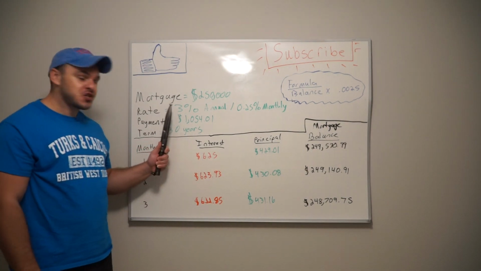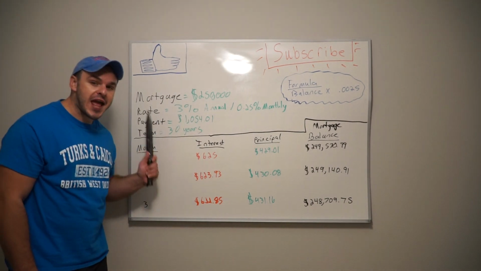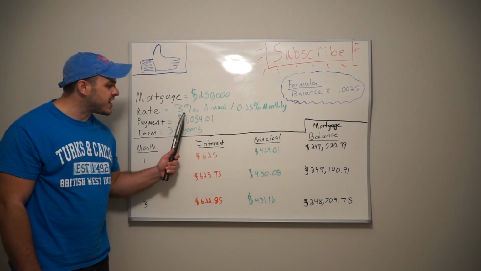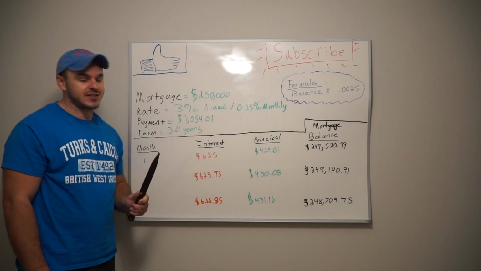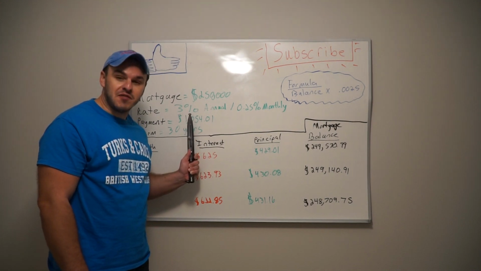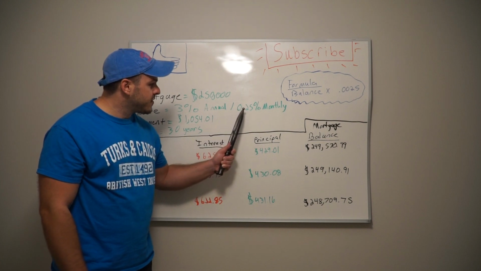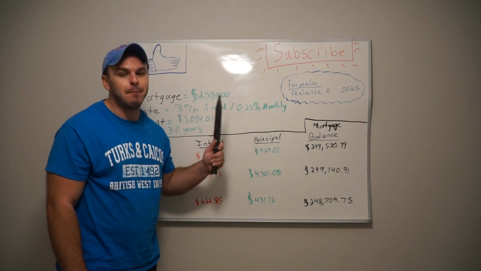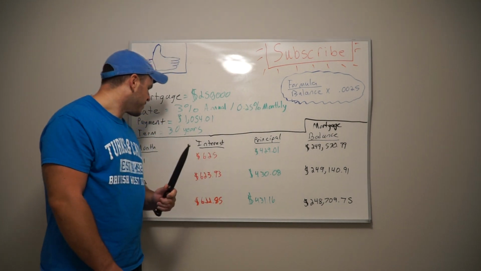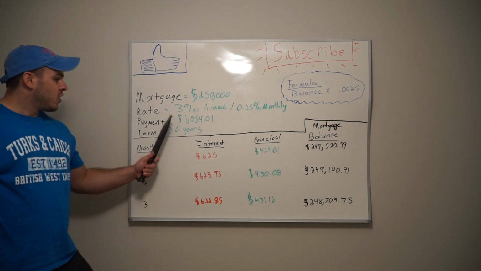You take out a mortgage for $250,000. Your annual rate is 3% of that balance. And your monthly rate, you take 3%, you divide it by 12 months in a year. 3% divided by 12 gets you 0.25% monthly. It's very important, okay? Your payment, based on the mortgage calculator,